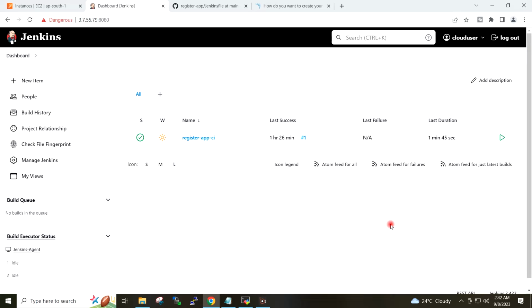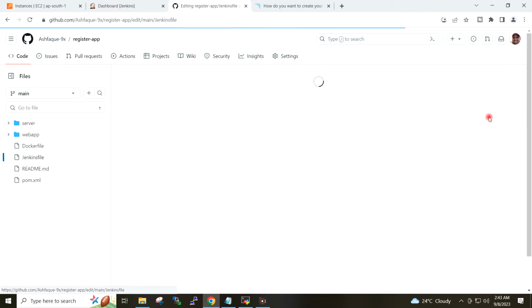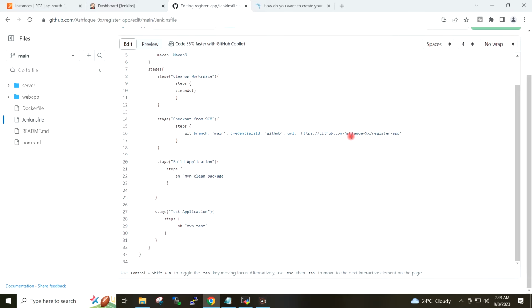Now I need to add the stage for the SonarQube analysis in my pipeline script. So on my GitHub repository, I will go to edit the Jenkins file, and after the test application stage, I will add one more stage.